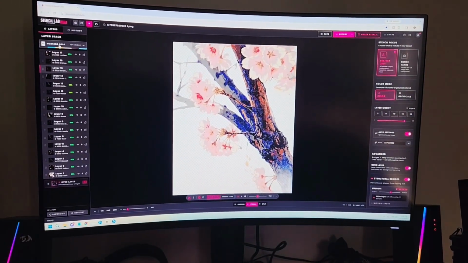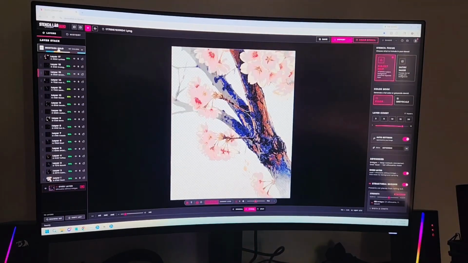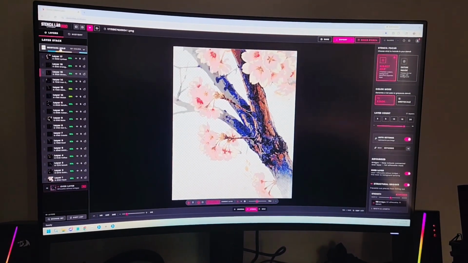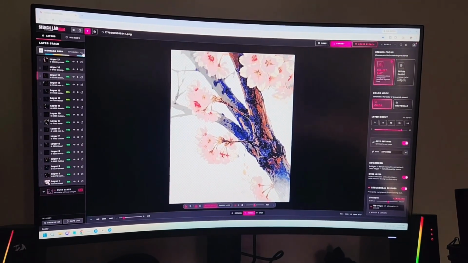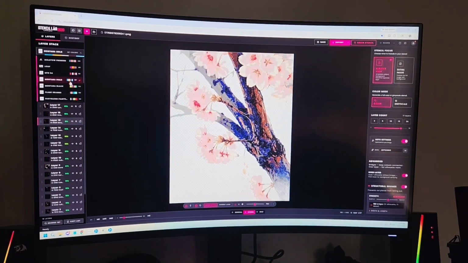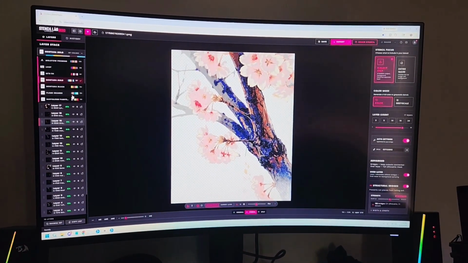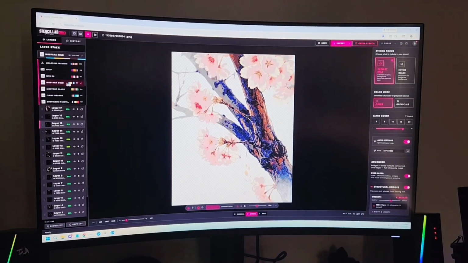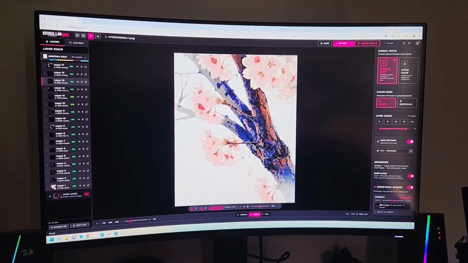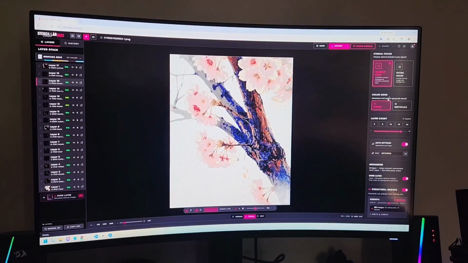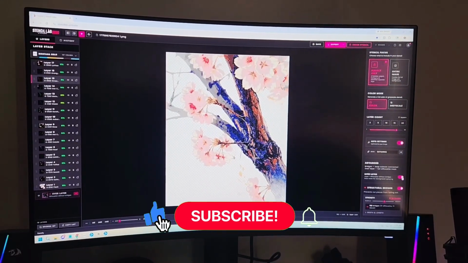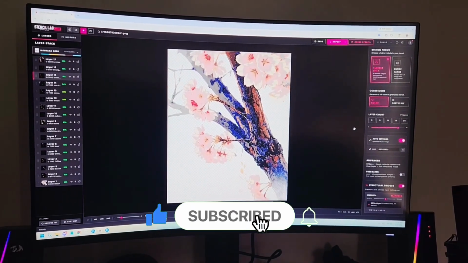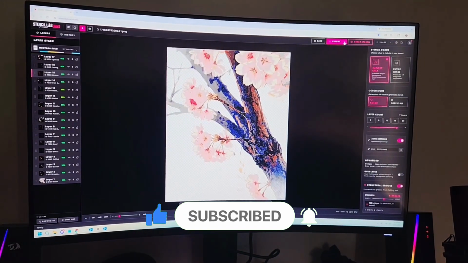So I'm going to be using Montana Gold because I really like Montana Gold. You really get the bang for your buck. And there's all kinds of different cans that you can select, but I always stick with Montana Gold. And you just kind of make sure you've got all your settings you want. I don't think I'm going to do the overlay with this one. We're going to hit export,